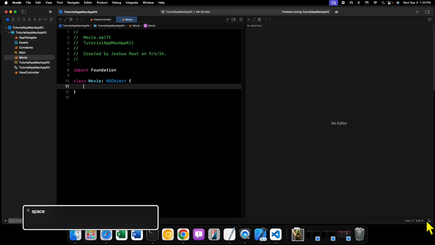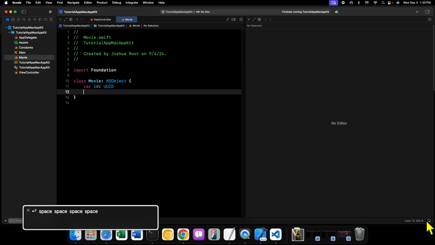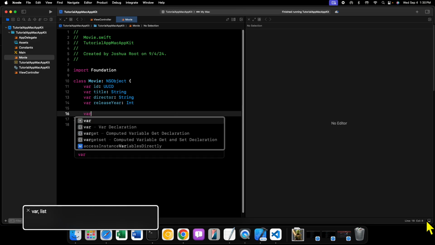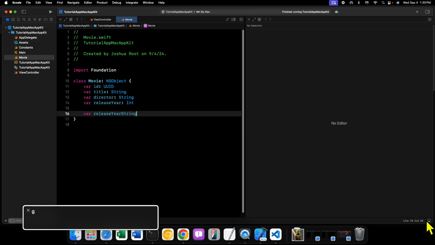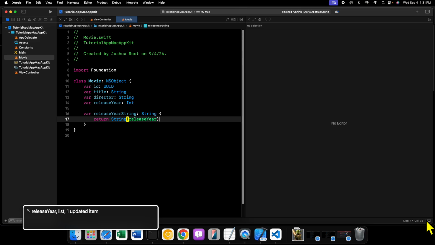There isn't any additional work to be done because NSObject does a lot of that stuff behind the scenes as sort of a base class inside of Foundation. So let's go ahead and create all these properties. Var id, it's going to be a UUID. Var title, it's going to be a string. Var director is going to be a string. Var releaseYear is going to be an Int. Var releaseYearString is going to be a String, and we're going to return String with releaseYear passed to it as a parameter,